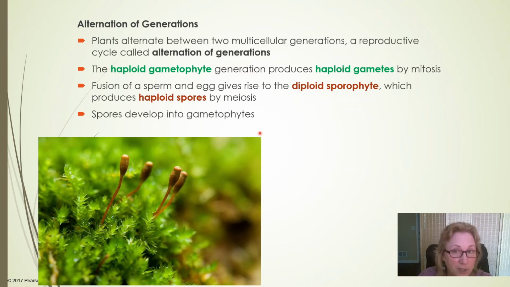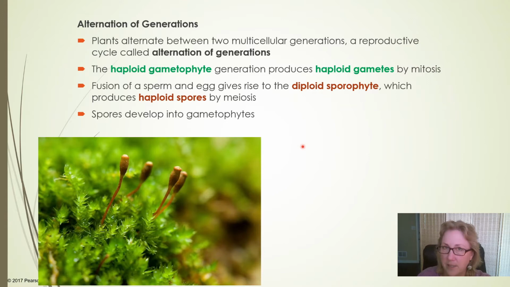Remembering what meiosis means and what haploid and diploid mean is also going to be really important. So if you're kind of hazy on that, if it's been a while since you read about meiosis and you're not sure what haploid and diploid and meiosis are, go back to that chapter and refresh your memory, and all this will make a lot more sense then. So all plants have alternation of generations. So do some other algae. Not charophytes, though. Alternation of generations means there is a haploid individual and a diploid individual.